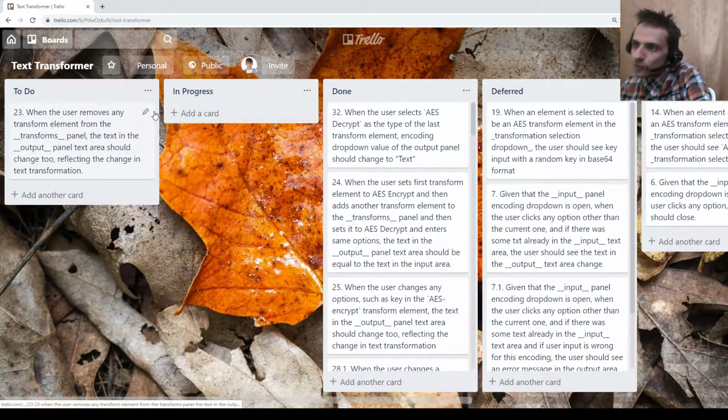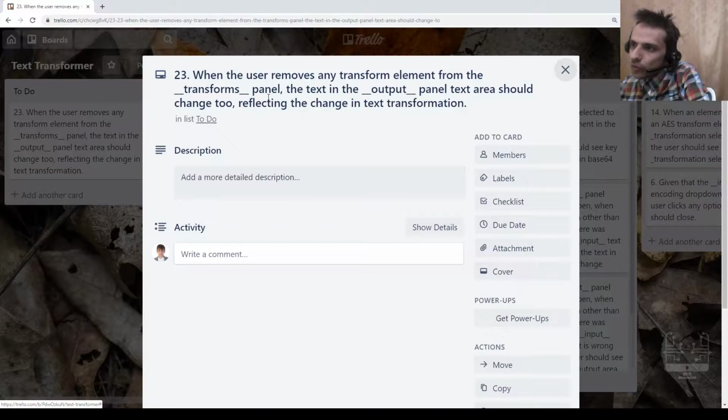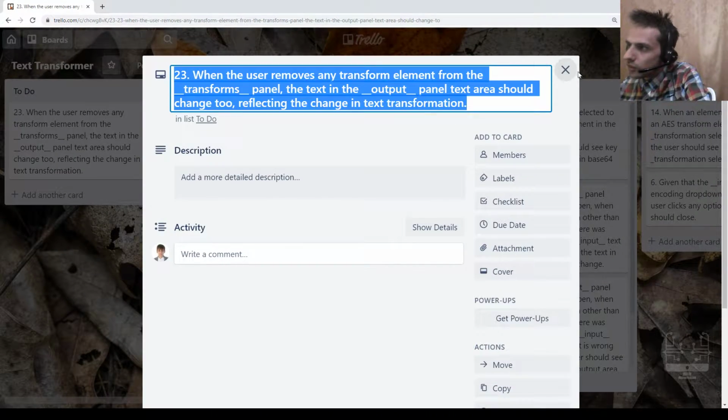As you can see, only one ticket isn't done currently, but there are several which I moved to deferred, which I probably want to check too. But let's first check this one, the one which isn't done.